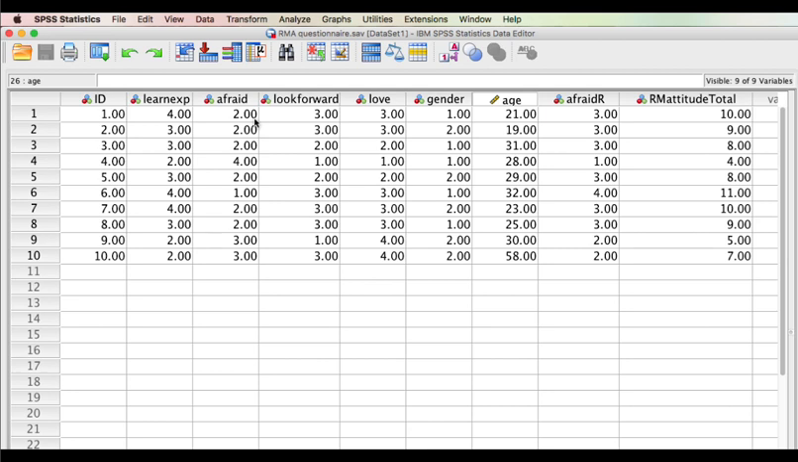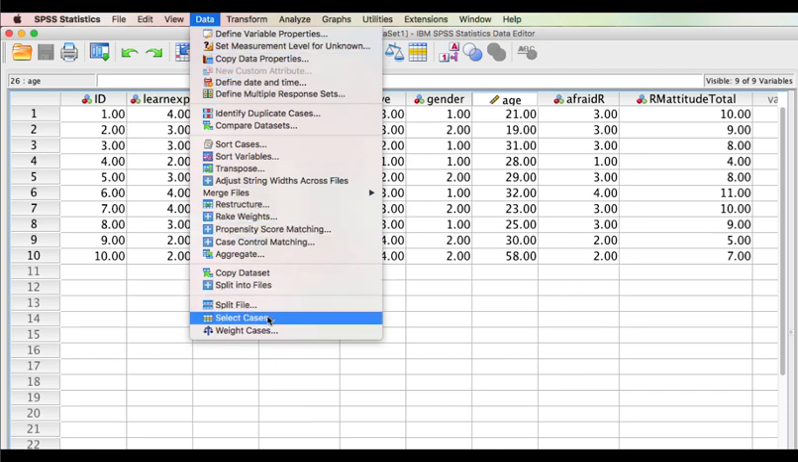The Select Cases command is exactly as it sounds. You select certain cases in your dataset to analyze. For example, in this dataset, we discovered that age was positively skewed because of one participant who was 58. We might therefore want to select only those participants who are younger than 58. To do that, we would go to Data, Select Cases,